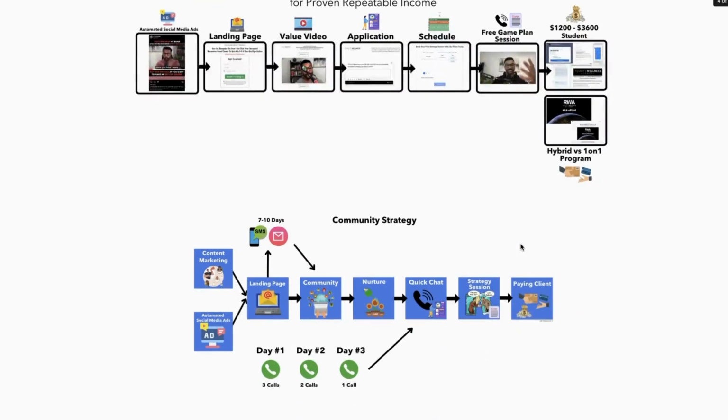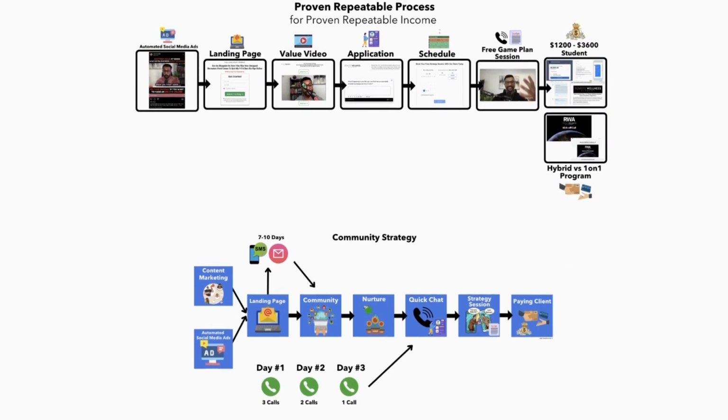And now we know that there are 2 sales processes that we're going to be understanding primarily. One is going to be the VSL and the second one is the community strategy. And we're going to start with the community strategy first. That way you can validate your offer. That way you can get very good on your pricing structure. That way you can get your systems and processes and operations dialed in